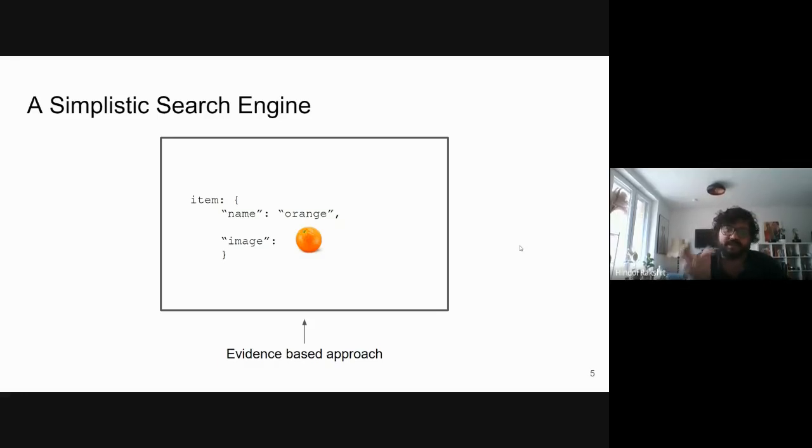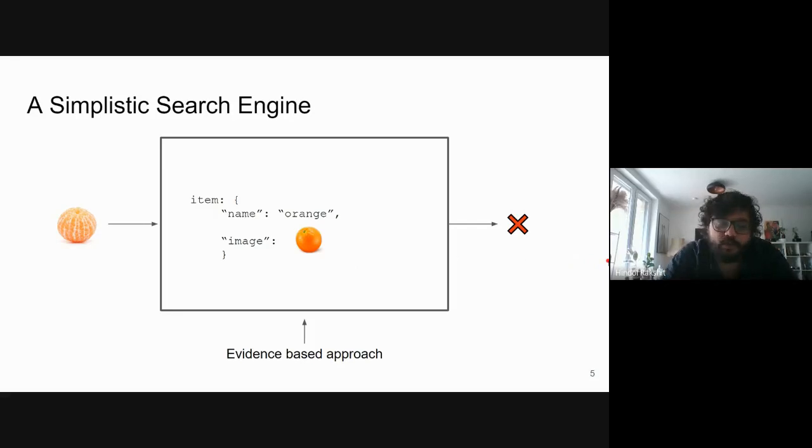But the problem is, for this problem, this will be okay. But let's say we have this kind of a question where this is the query now, and this is the item now, then obviously the search engine will fail, because we have trained the database to understand this picture. Based on our human intelligence, we know that this is also a picture of an orange, but this image does not match with this orange. And that's why this will fail.